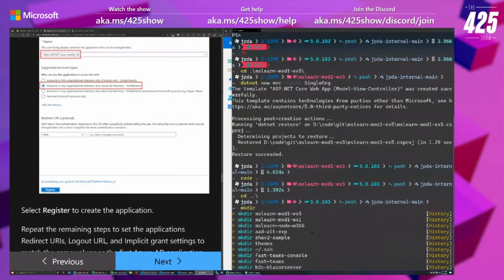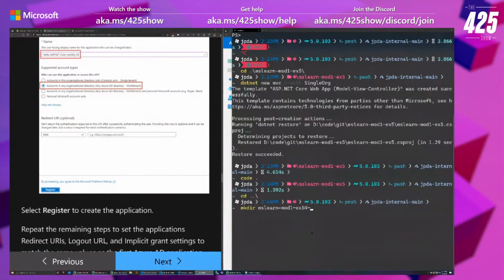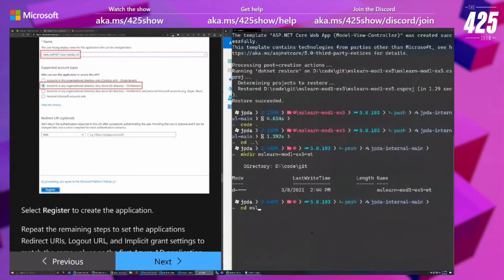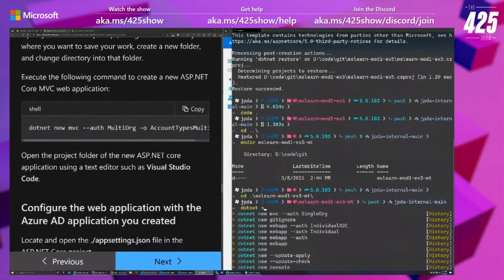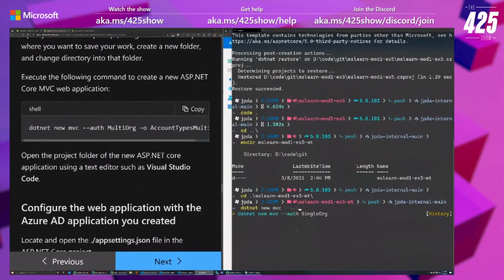Make a new folder. MS Learn Mod 1 EX5 multi-tenant. Actually change into your directory this time, unlike me, who tends to forget these things. And now we're going to do this .NET New MVC, but instead of it being single org, we're going to use multi-org. So .NET New MVC --auth